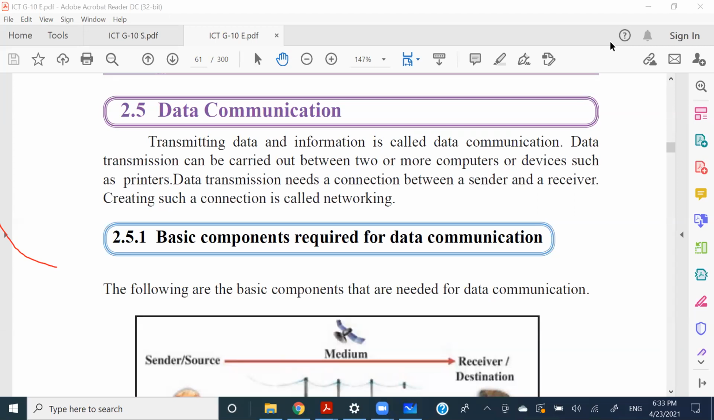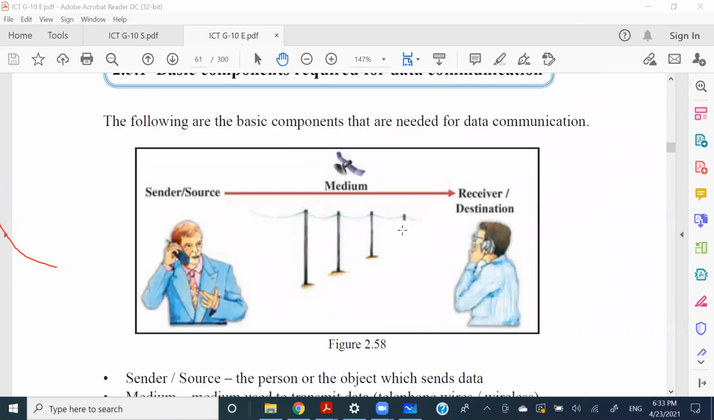Likewise, for data communication, you need a place where the data is generated. We call it a source. It creates the data. And there is another device which receives the data. We call that particular device the receiver. And like we need air to communicate with each other,